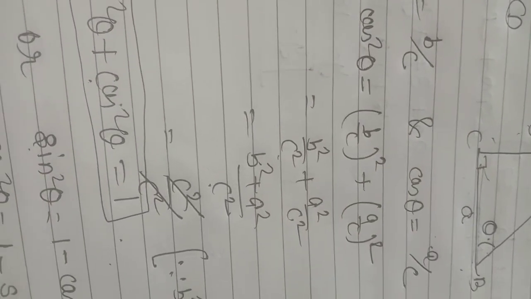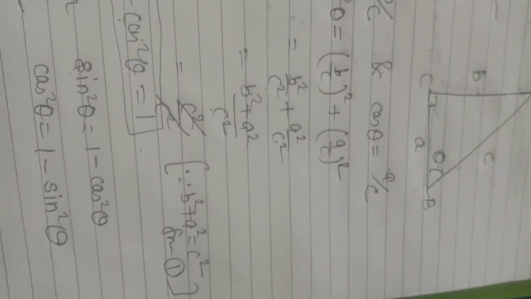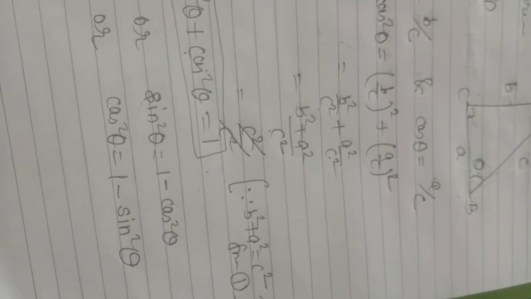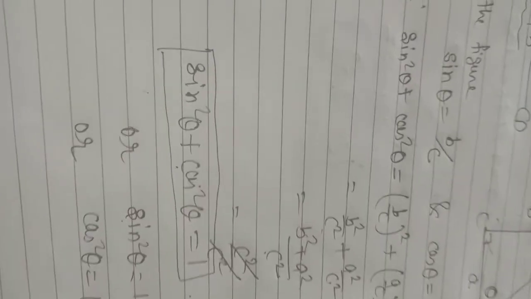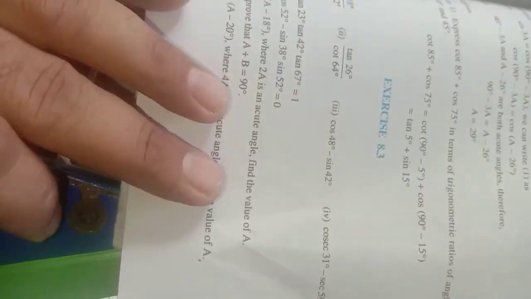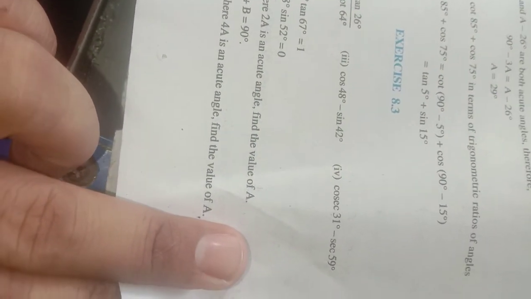You can see once again all the view. So make a good practice of the identities because they are very helpful for you, and after this identity I will proceed for the next two identities hopefully in my next segment. So prepare it very well how to prove and all the questions of exercise 8.3. Clear? Since it is very easy and very important too, because you will get at least one question from either examples or from 8.3. So for your 1 mark or 2 marks question, this will be a helpful exercise for you.